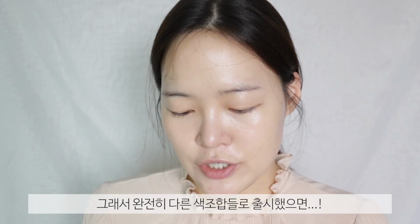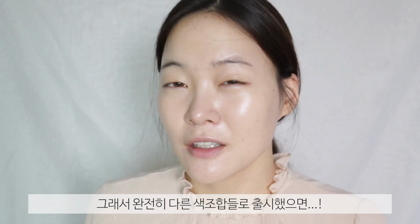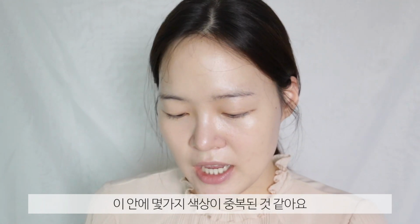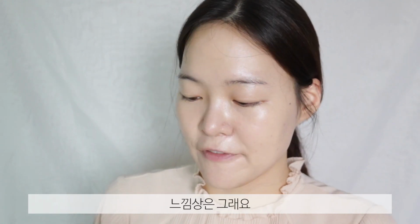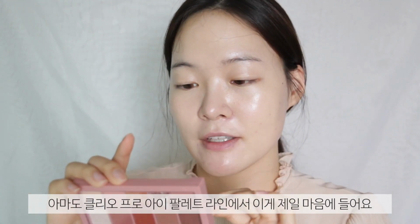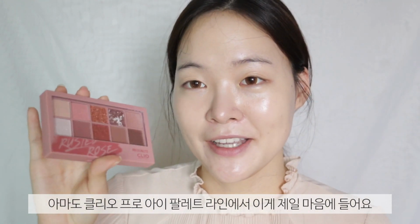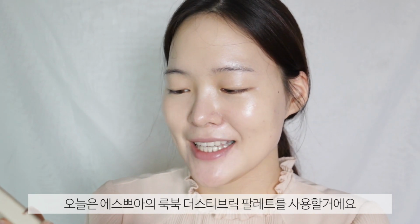So I do wish that they came out with a completely new set of color palettes, if you know what I mean, just because I feel like some of these shades are pretty redundant. I don't know, it's just the feels that I get. Like, I'm not crazy, right? You guys know what I'm talking about. But I will admit, this is such a gorgeous palette. It's probably one of my favorites from this whole Clio Pro Eye palette line. So there you go. But today I am indeed gonna go in with the Espoir Lookbook palette Dusty Brick, because